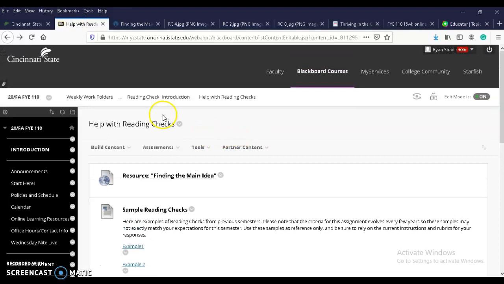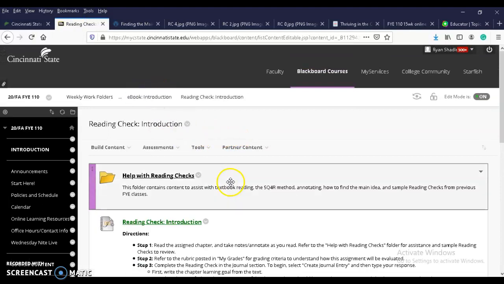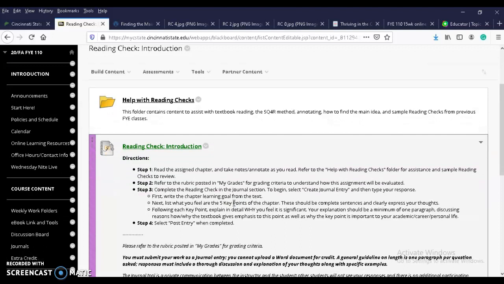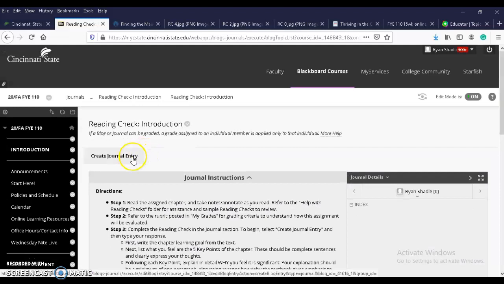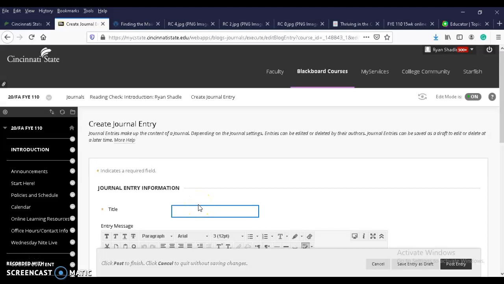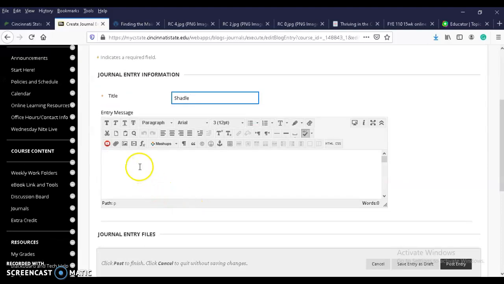Okay, so that's the help with the reading check. So you've read the introduction now. You've chosen your 5 key points, and you're ready to post your journal entry now. And so you click on Reading Check Introduction. You create journal entry. I suggest just putting your name, first name, last name, both. And then,